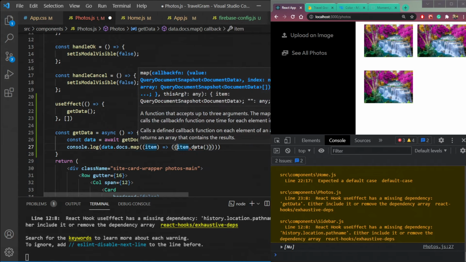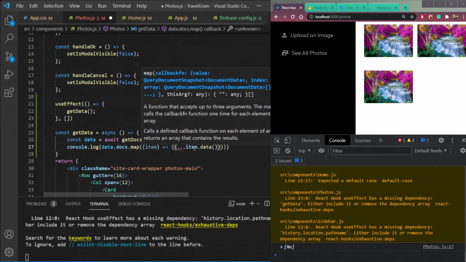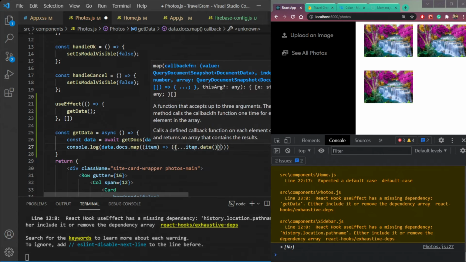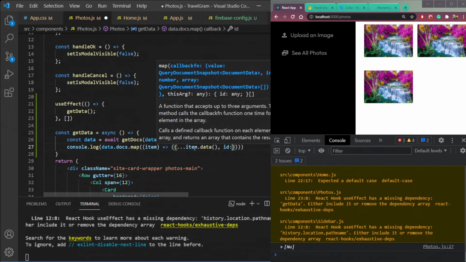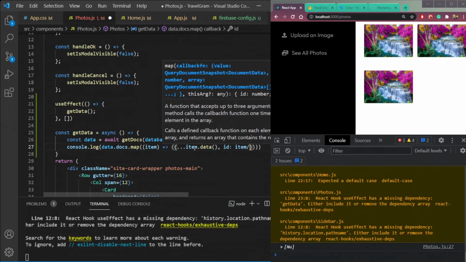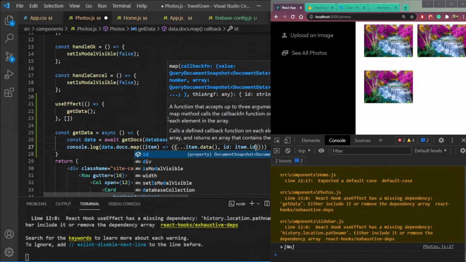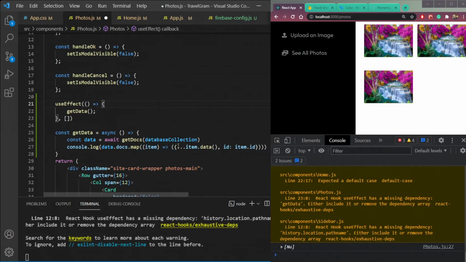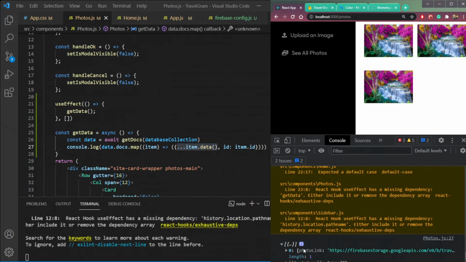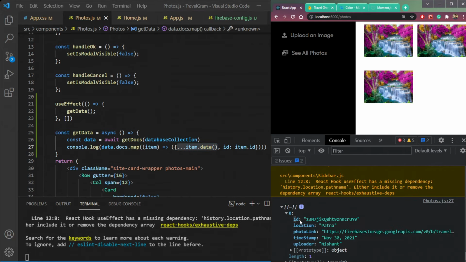We need to store it inside this. So item.data, and let's also add the ID. So ID will be item.id. So we are storing item.data with the ID of the item. So save it, and we are getting this array, which contains the photo link, the ID, location, and the timestamp, and also the uploader.